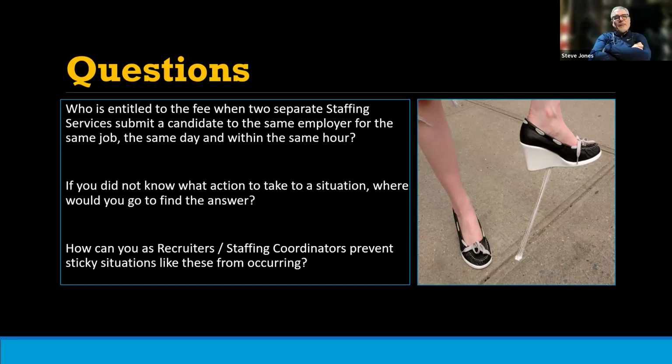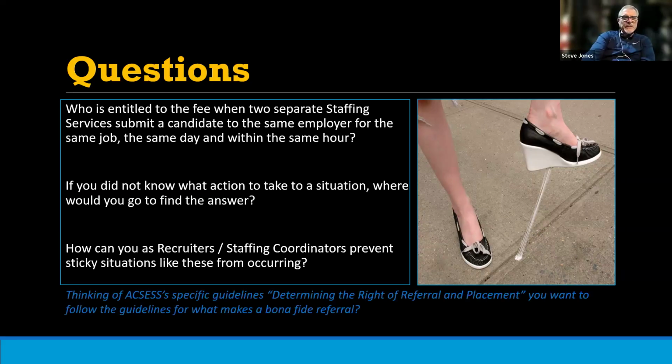Now, if it happened immediately, saying, hey, what's going on here? You gave us authorization. We got authorization from the candidate. We submitted the candidate. You accepted the candidate. We're calling you to try to set up an interview. And then we find out that you're going around us to set the interview up. Then you want to try to get that resolved really quickly, so you don't have a question about the multiple approvals. So that's the two separate fees.